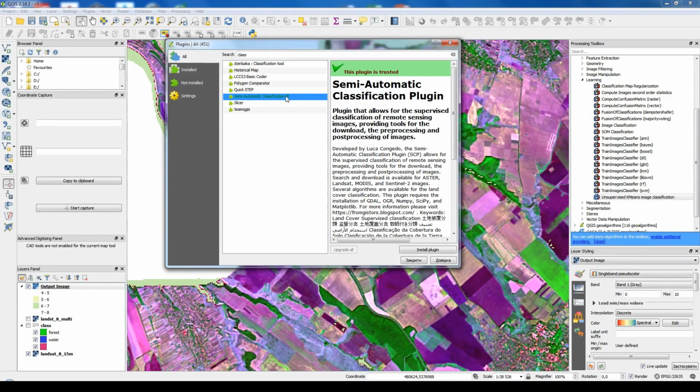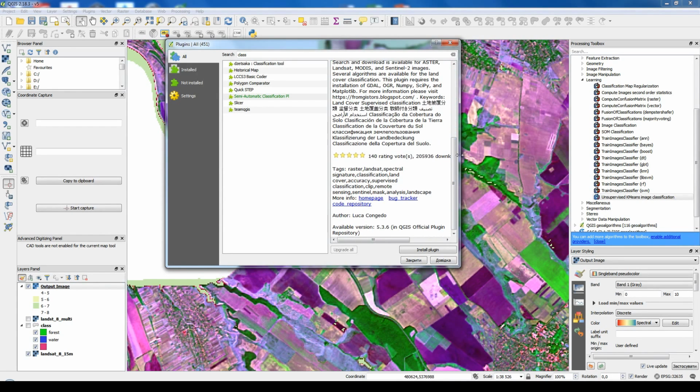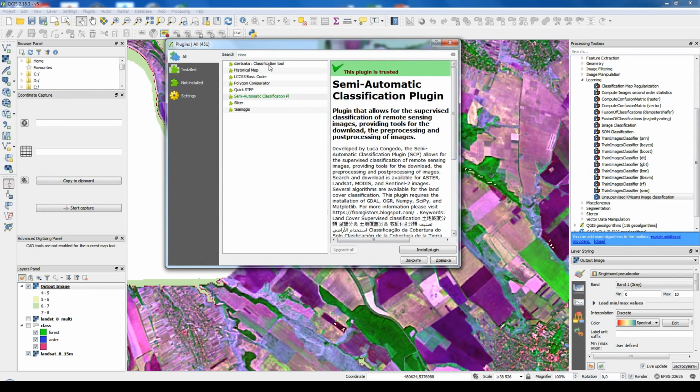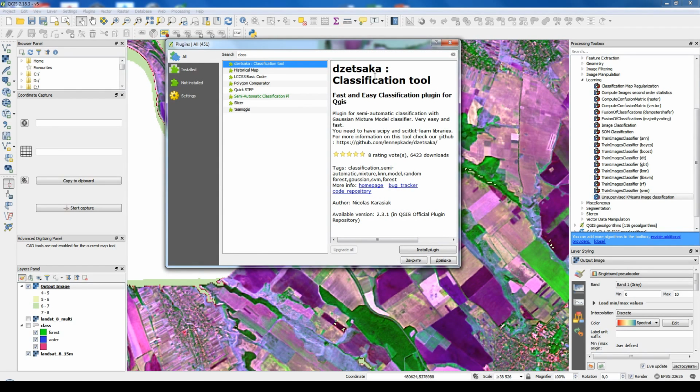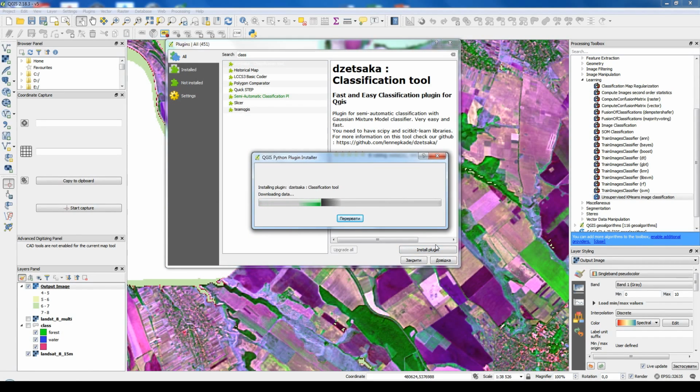The most powerful classification plugin is the Semi-Automatic Classification Plugin. It has a lot of options, it gives a lot of possibilities to classify, pan-sharpen, and prepare a lot of satellite images, including Landsat 8 images. But what if we need simple classification without a lot of options? For that, I suggest using the Tsaka classification tool. It's really great. Let's install this plugin,